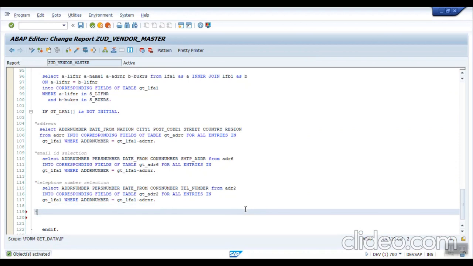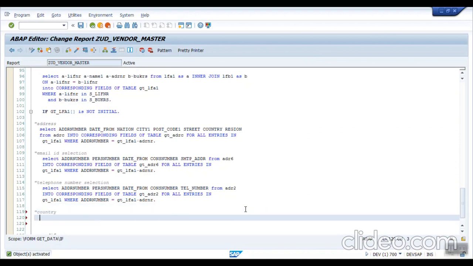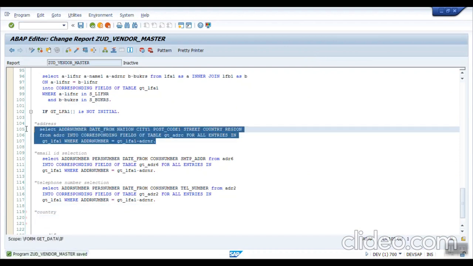Now we'll select the country and the state ID. Let's type here for country. Okay, I will be selecting now. So for country, as our country will be in this field, that is country and region.